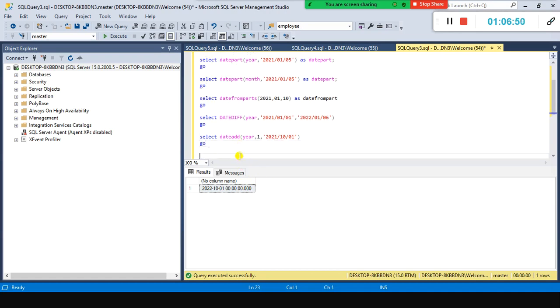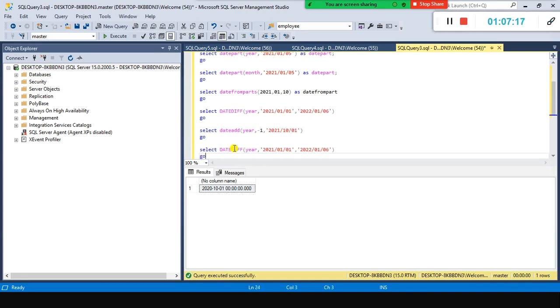So that is how you can add 1 year to a date, or if you want to add 2 years to a date, you can specify that way. Okay, 1 year or 2 years, or if you say -1, so what happens, you will see date add -1. So what happened, 2020, it goes back. Okay, and if you want to add months to it, for example 2021, now I'll make it 2022, so that you should be able to understand. You can validate whatever happens here.